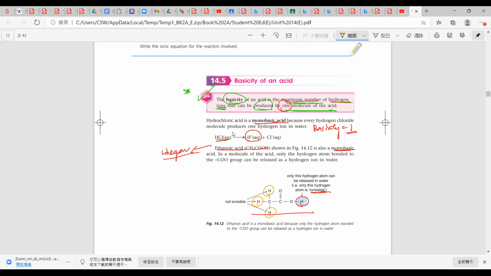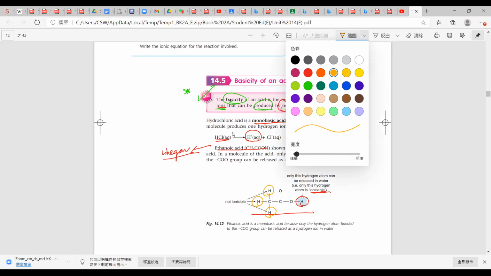Now, why do we have only one hydrogen atom to be ionized? Does anyone know? But not the other three. 點解係淨係嗰粒咧？就明。